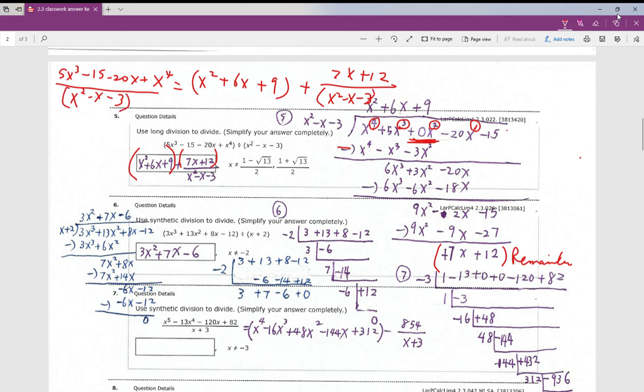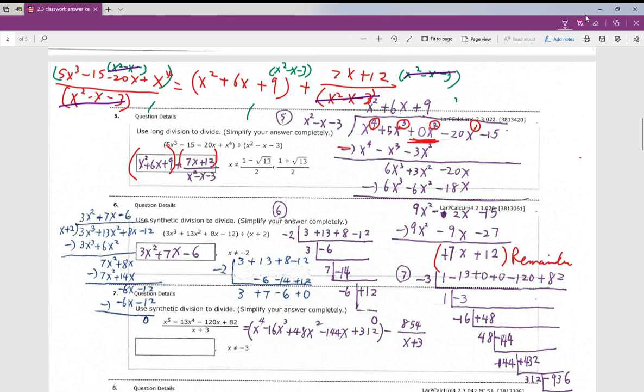And the quotient means you are able to get rid of the divisor, right? Now, let me try to multiply everything by x squared minus x minus 3. Okay? If I multiply the divisor for each individual term, then I should be able to cancel out the divisor. So by doing so,